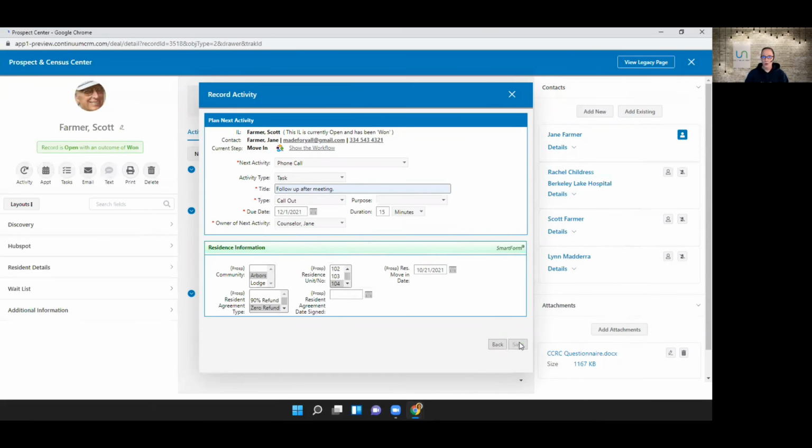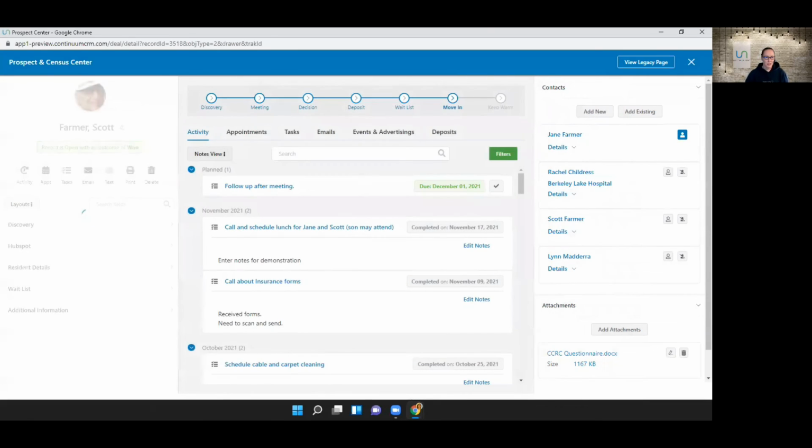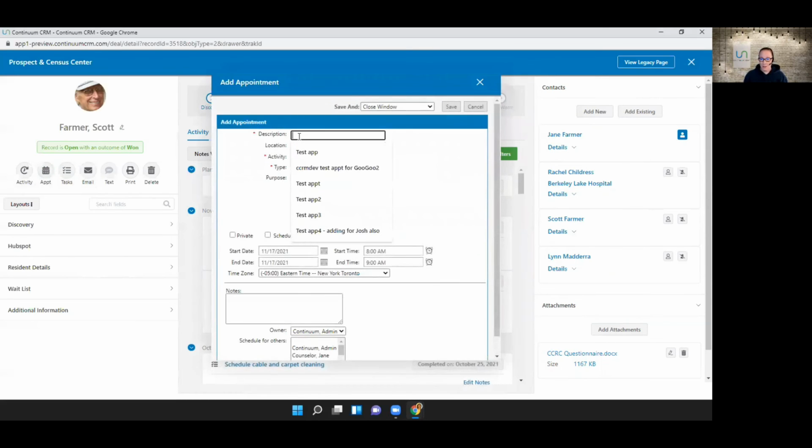Okay, so record activity is very similar to what we've used in the past. It just all launches in one screen. You can drag it around, but everything within that record activity screen is the same. Let's say I want to schedule up an extra appointment. I followed up with them. I've scheduled up another follow-up for December 1st, but we've already planned for them to come in for